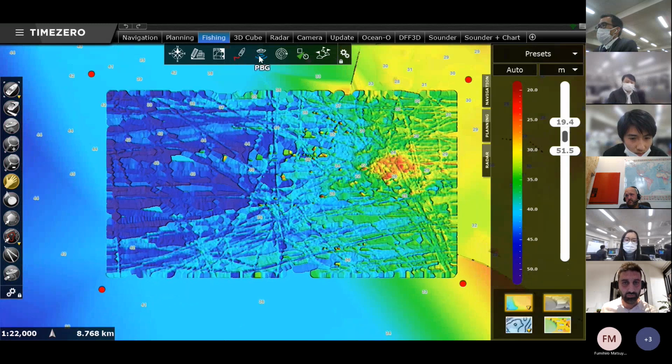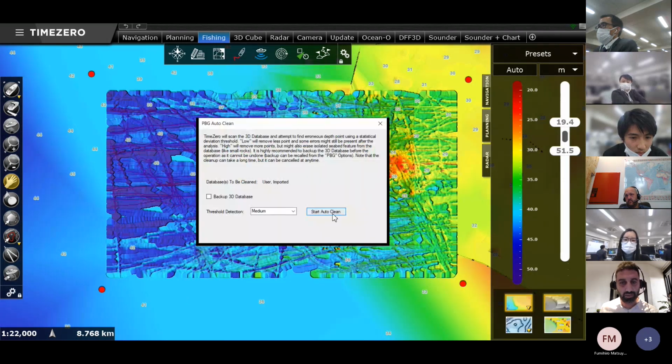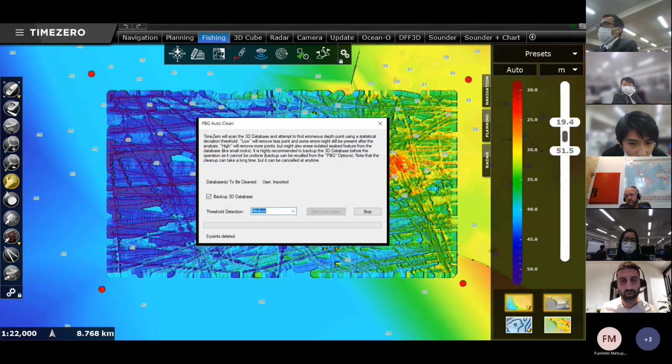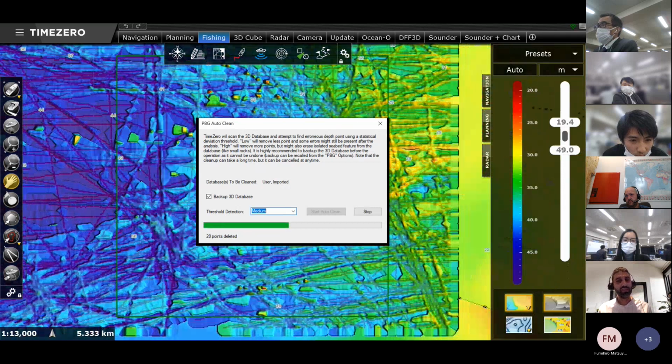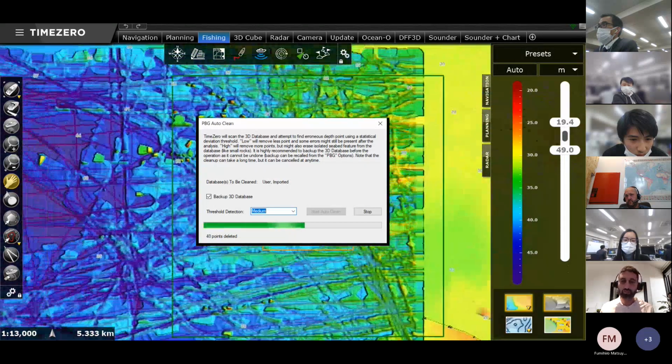So, don't hesitate to run it again. Okay, so I back up, I start my auto clean, and TimeZero will do the process again. Maybe in the first process it missed some points. So I can run the process again on my database, and you will see that the database will look even better.